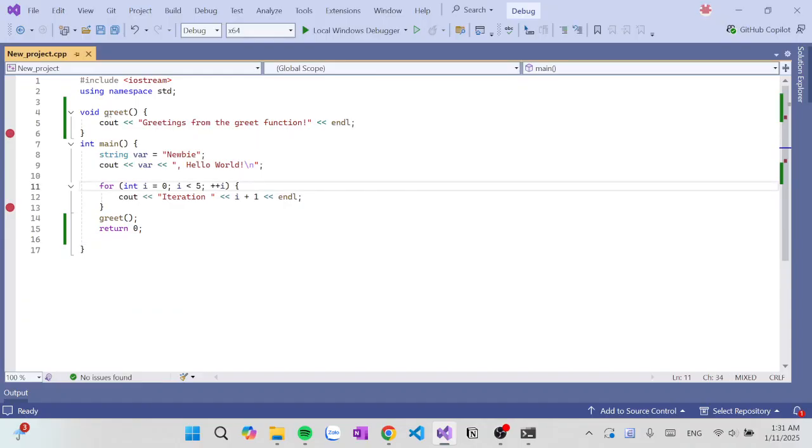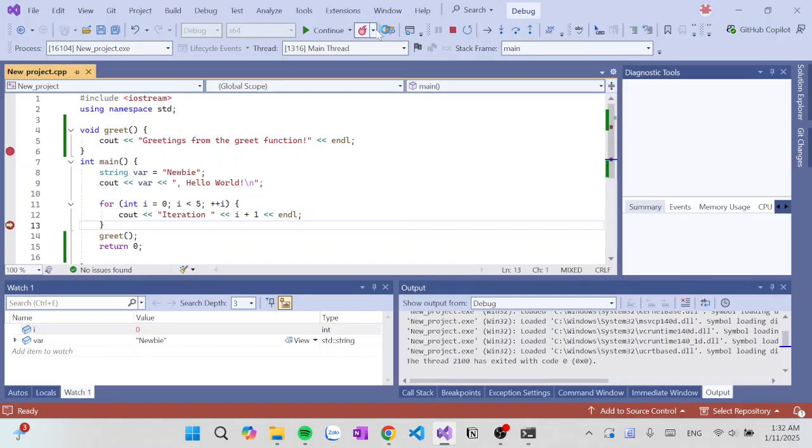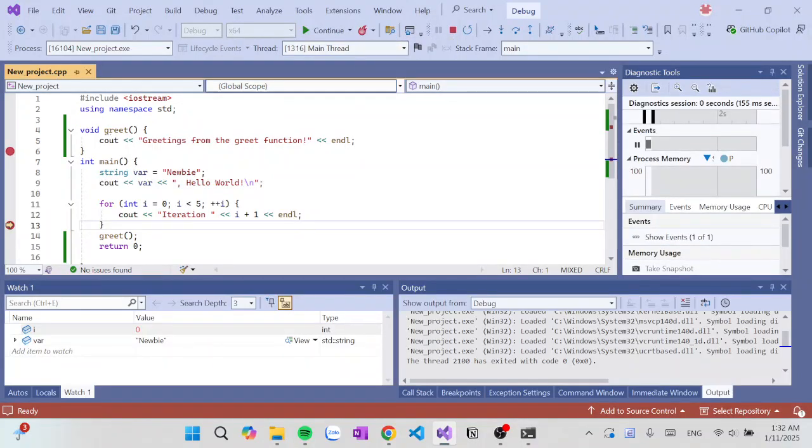So now we're coming to the next part, the next key features of the debugger in Visual Studio. When I click local Windows debugger here, it will stop here, you see, and we have these three arrows here.